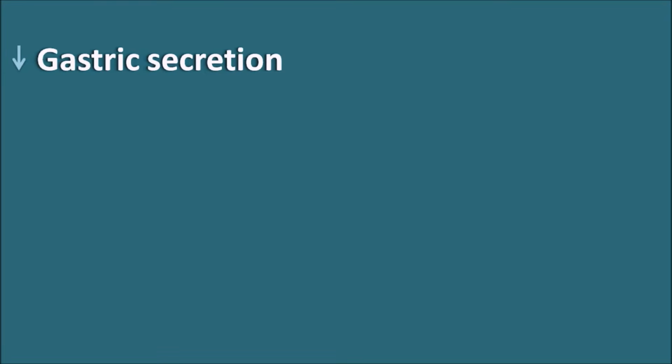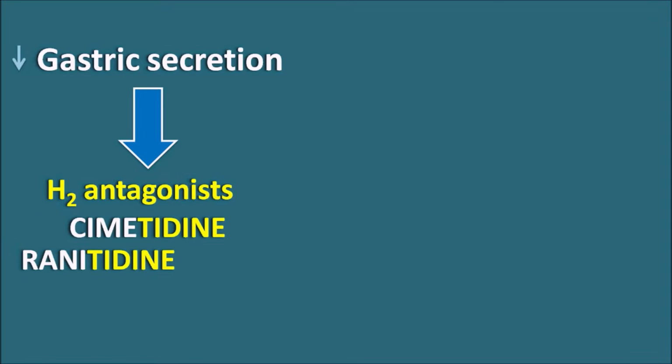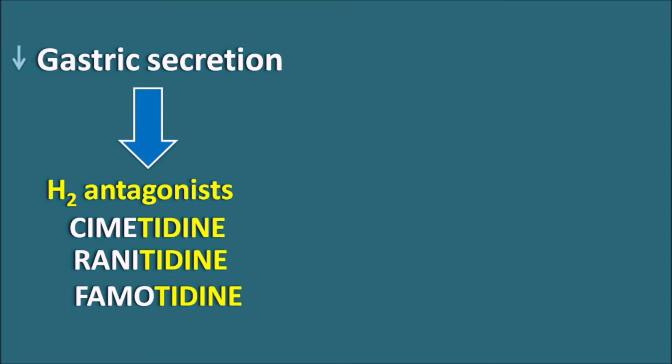Gastric acid secretion is mainly decreased by two types of drugs. First one is the H2 antagonists. These H2 antagonists can be easily identified by their suffix tidine. So we have many drugs like cimetidine, ranitidine, famotidine, nizatidine. In this way, the drugs having the suffix tidine are the H2 antagonists and they can decrease the gastric